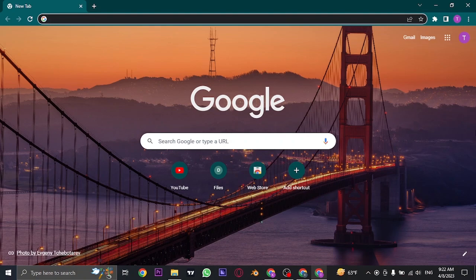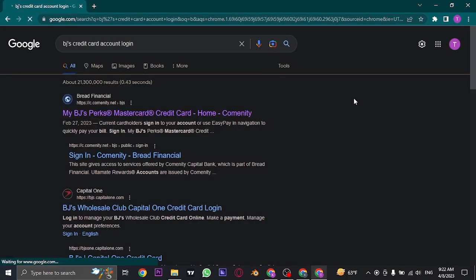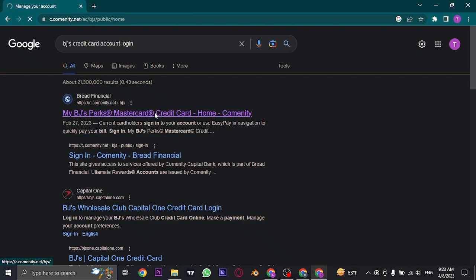First of all, open up your web browser and search for BJ's credit card account login. Once you search for this, you can see the first website, which is from Comenity Financial. You can just click on this link which says My BJ's Mastercard or credit card. So just click on this link